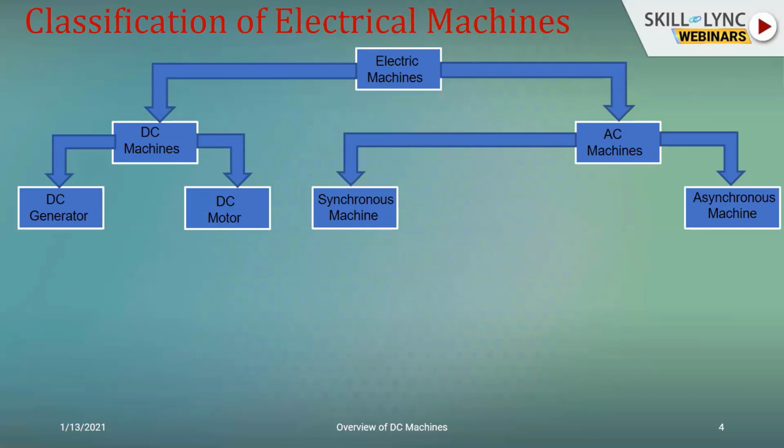Why we talk of synchronous or asynchronous is because, unlike in DC machines, when it comes to AC, the frequency of excitation is important. In DC machines, we all know that for a DC input, there is no frequency. But for AC machines, the frequency of excitation is important. Especially when it comes to the power sector in India, we all know that by design, the frequency of the input is always 50 hertz, whereas as you move to the west, it's going to be 60 hertz.